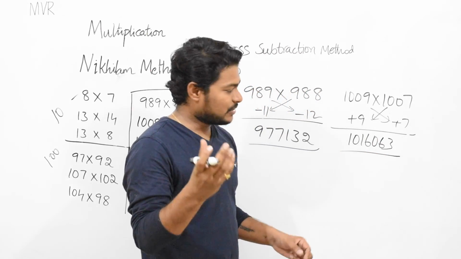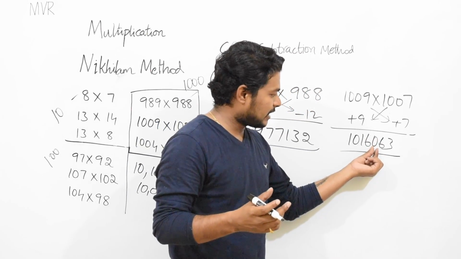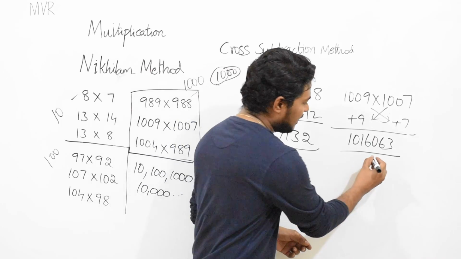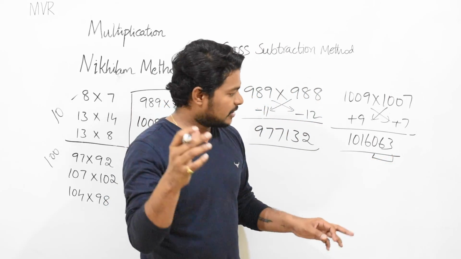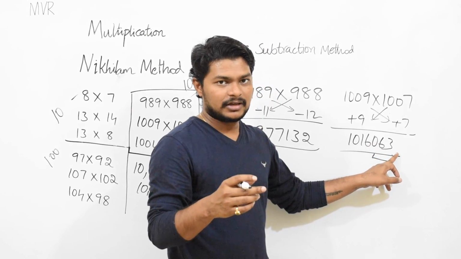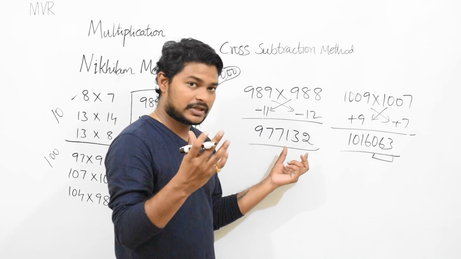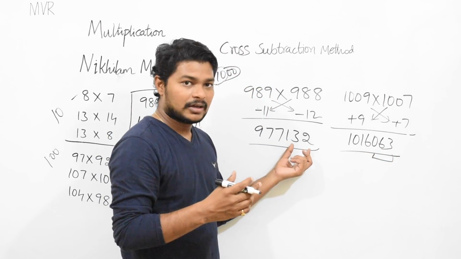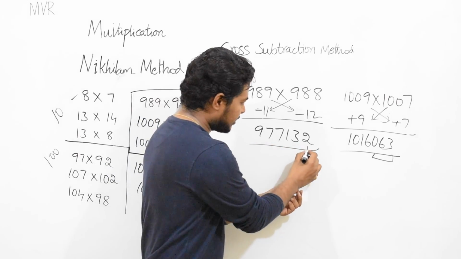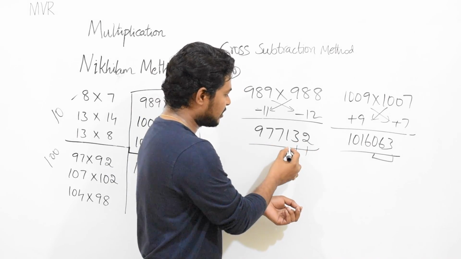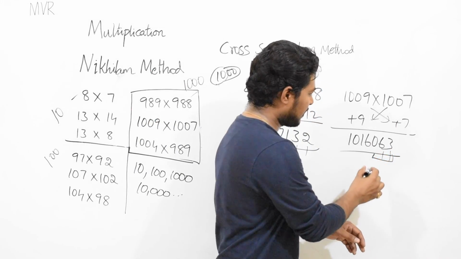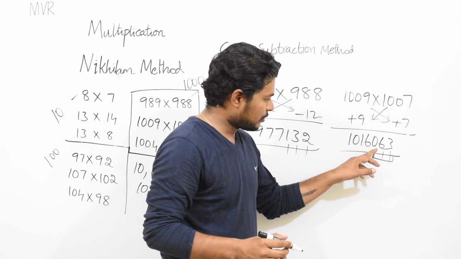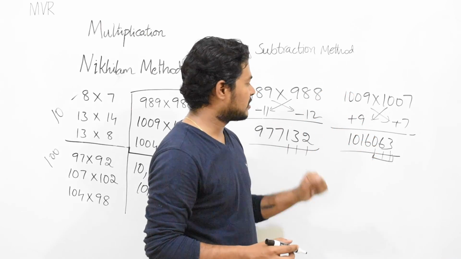Here the base is 1000, that is why I need to write the 0 value, because we need to fill 3 digits here. Why? Because in 1000 there are 3 zeros, that is why we need to fill 3 digits here. If you see, 132 came, because here the units digit is filled, tens digit filled, hundreds digit also filled. Here only units and tens are filled, hundreds is not filled, that is why we need to include 0 also, because the base is 1000.